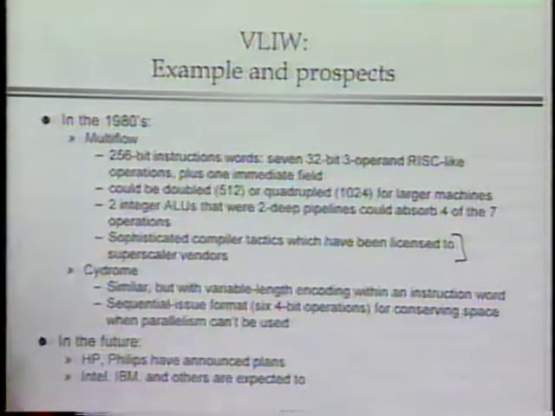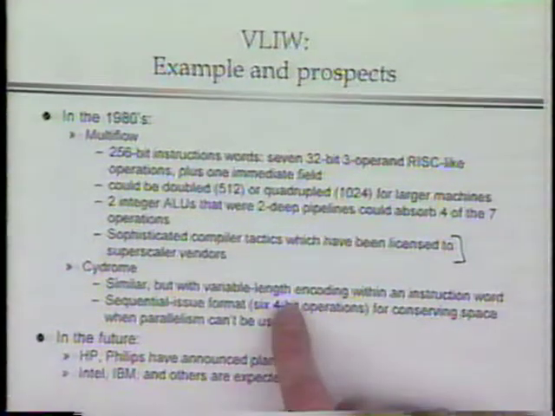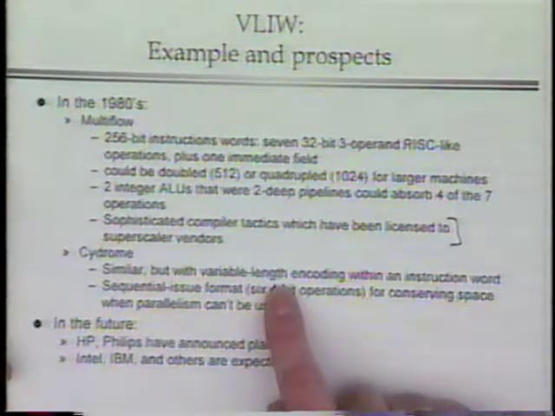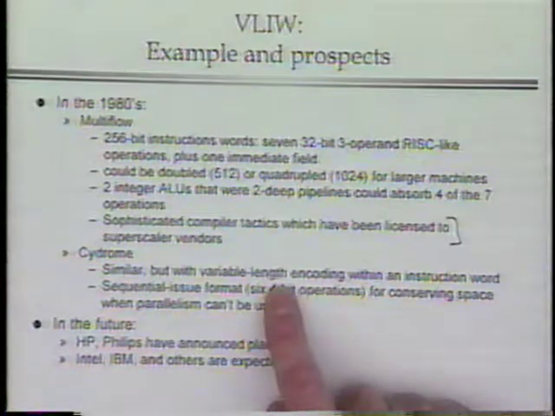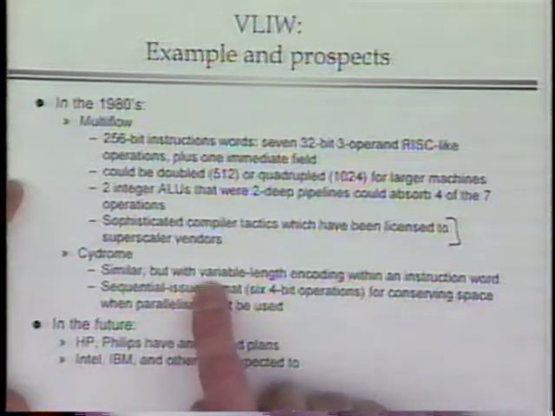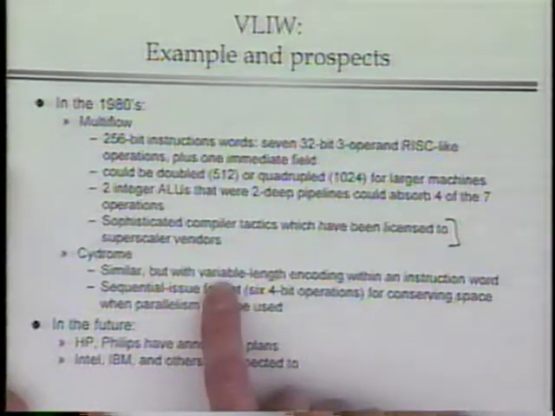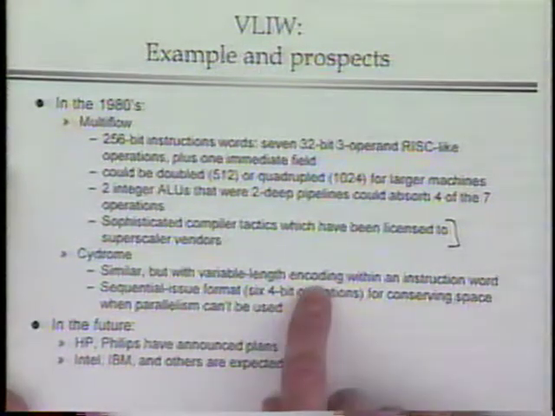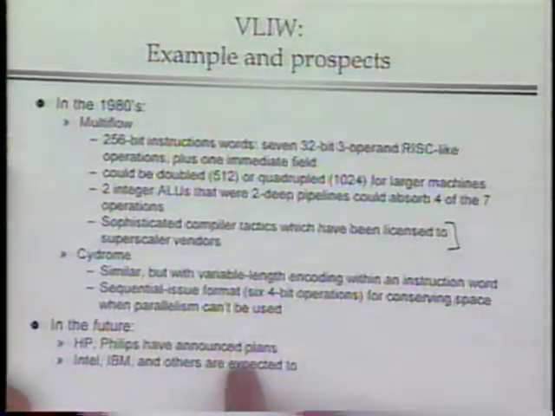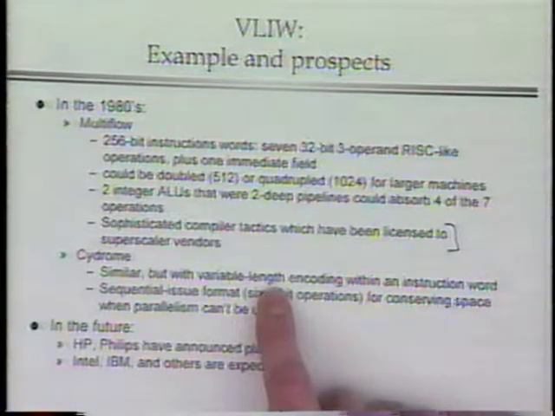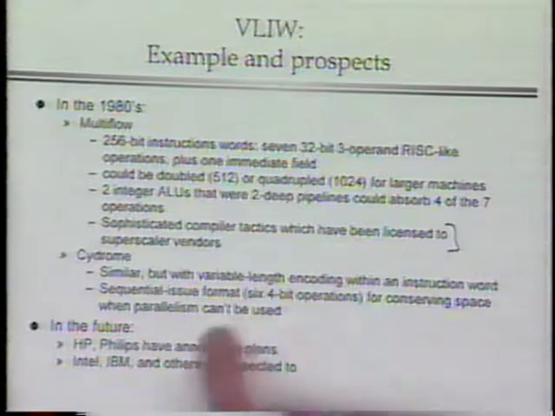Sidrone was another company that tried to make VLIW machines. One of the clever things they did was to recognize that instruction density was a problem, and caches couldn't be made big enough to cover up for it. So they were a little bit CISC-like in their design of the long instruction word, and they allowed a variable length encoding for the different pieces in the word. The other thing they did was that if you had to punt, which is to say you had one of these, I don't know, 256-bit wide words, and all you could do is one operation that only took, I don't know, 32 bits or something to encode, and that went on for a while,